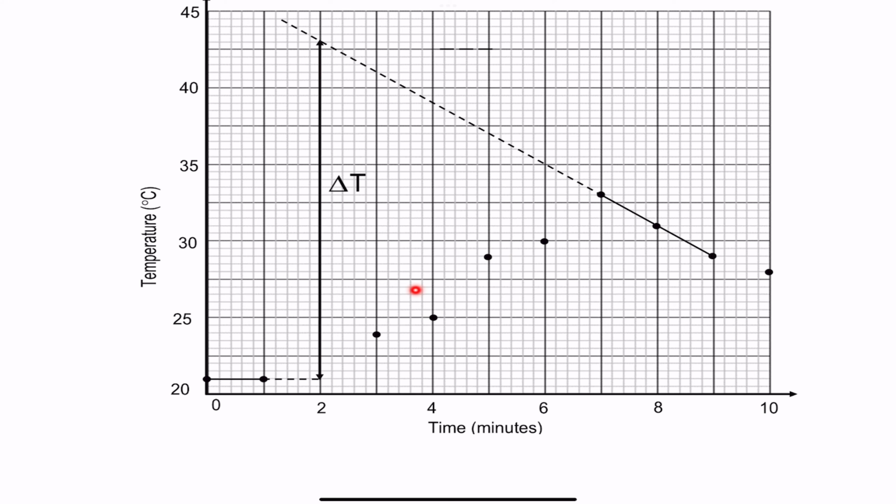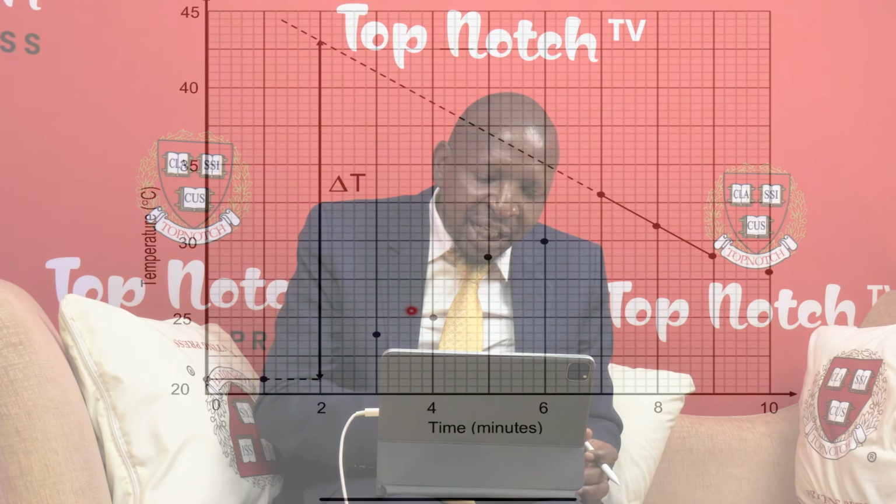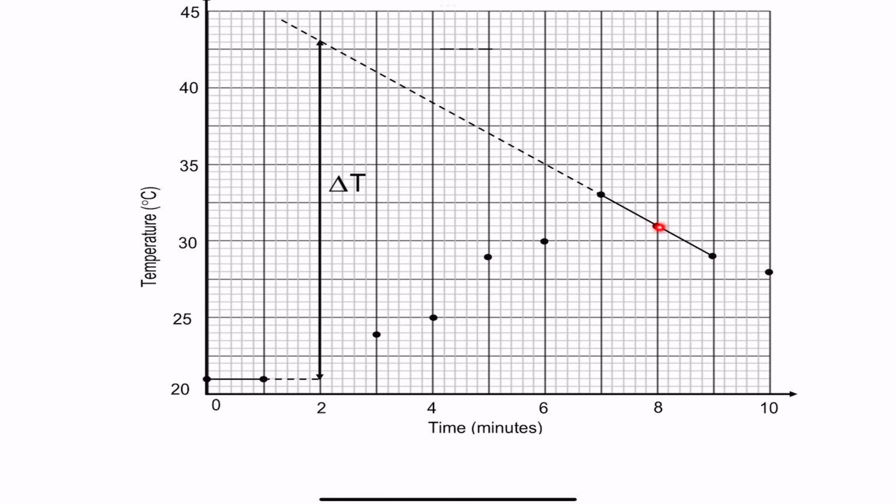Many a time, many students will get confused and try to draw. They'll even try to add another line here, and another line here. Then they have 3 lines. But go back to my note that the graph of energy changes must only have 2 lines of best fit and must give you the highest temperature. If you cannot have this line here, because you will not be able to join them at minute 2 and get the highest temperature, then you ignore the rising